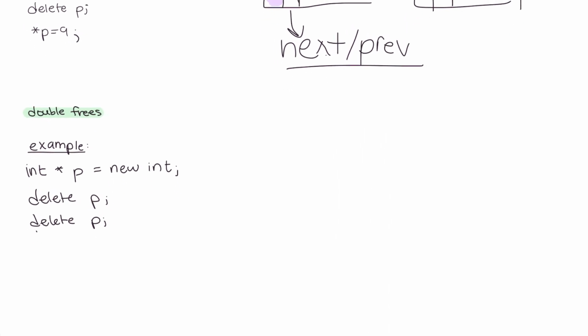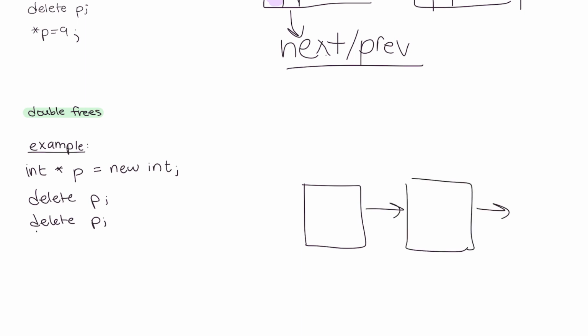Double free, it really is what the name says. It's when you delete twice. It's really stupid, but yeah, don't free twice. And basically what's happening is anytime you delete or free, remember when I deleted this, I added it to the free list,